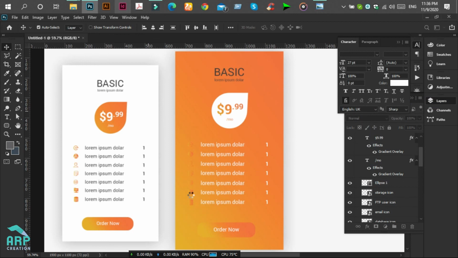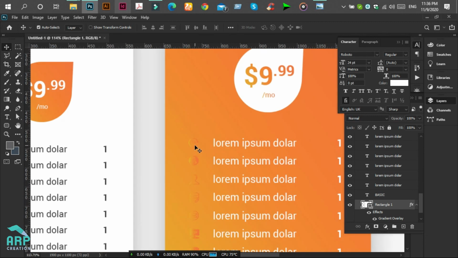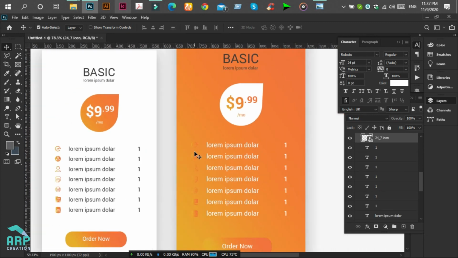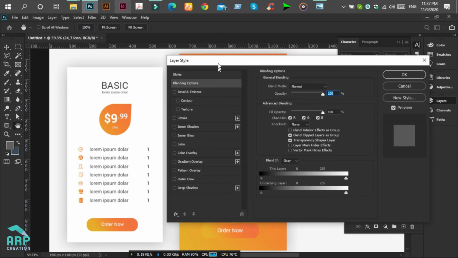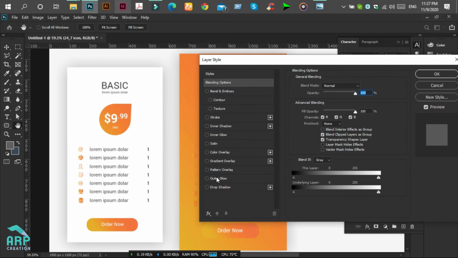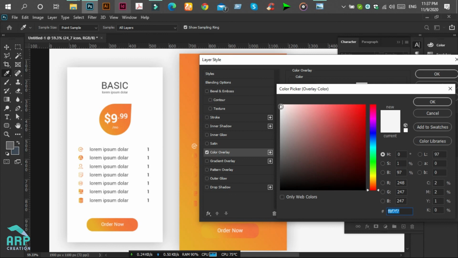Okay, also we should change this icon color to white, so select an icon, then double click on it, then click on color overlay and change it to white.